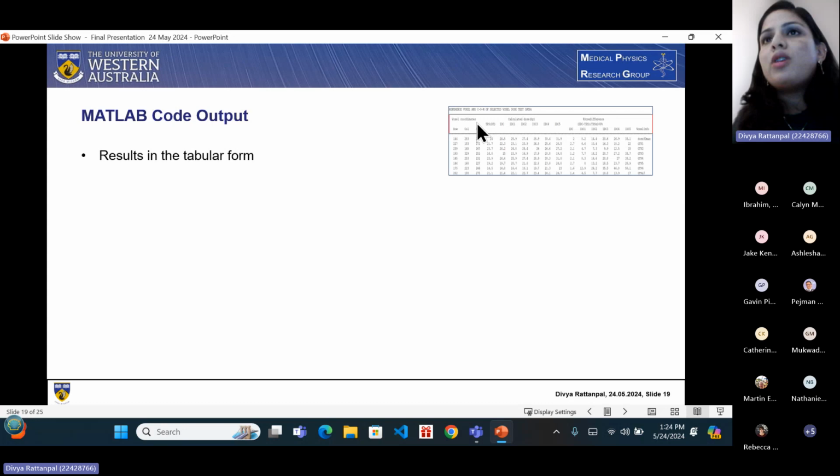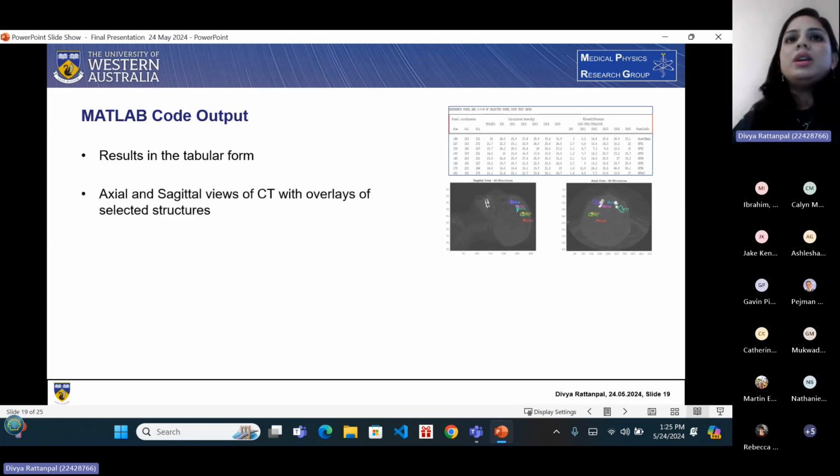It displays the voxel coordinates, the treatment planning system dose, the independent dose calculation using the unmodified off-center ratio data, and 5 dose calculation values using the 5 modified off-center ratio data. Then it displays the percentage dose difference of these calculated doses from the treatment planning system calculated dose.